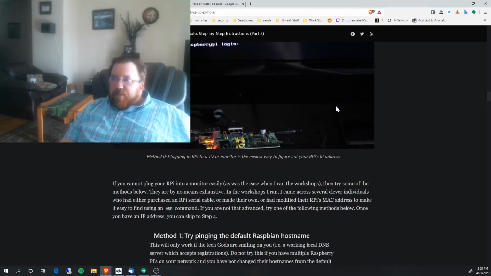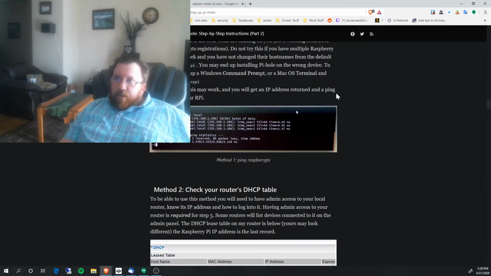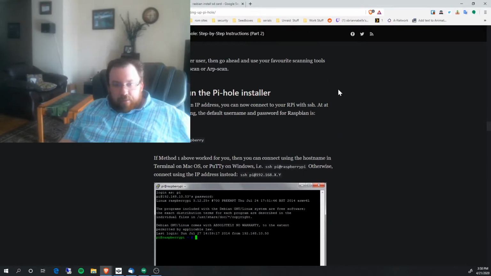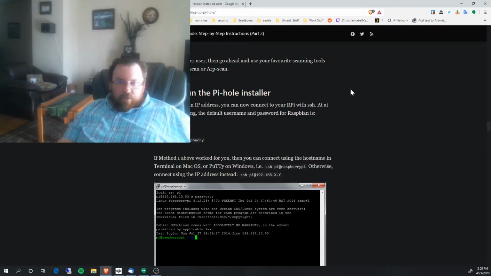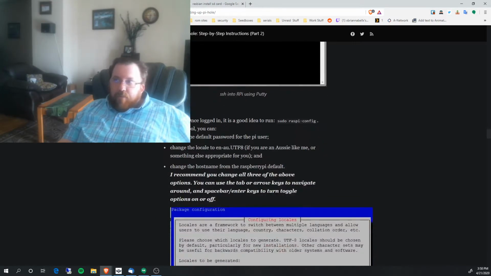Once that is done and you have Raspbian set up and you're booted into it, at that point I would recommend making sure that it's updated. So sudo apt update, and make sure that you have all of the current updates for the image. Depending on what image of Raspberry you used, you could be behind. Either way, I would definitely recommend updating it.